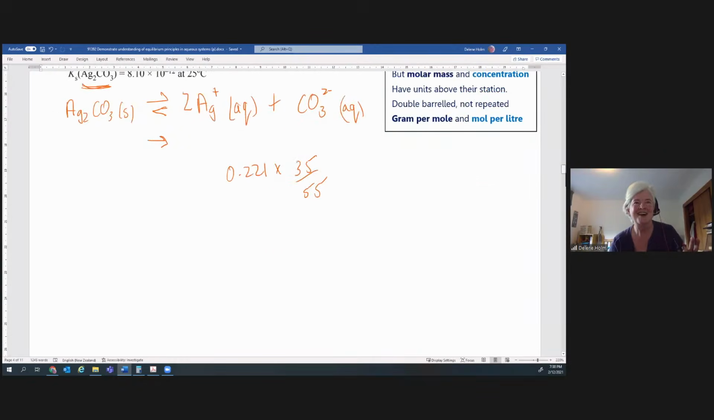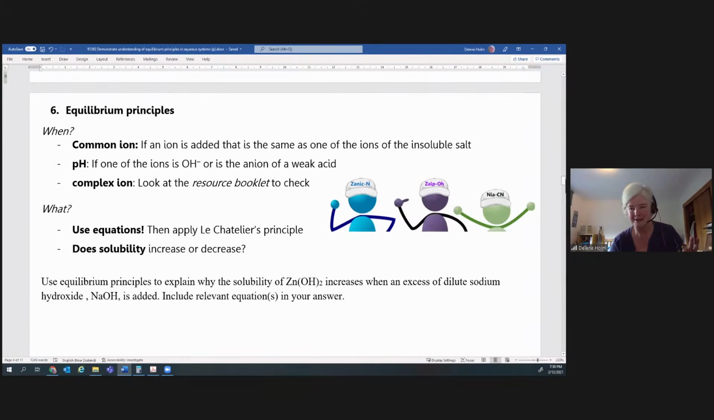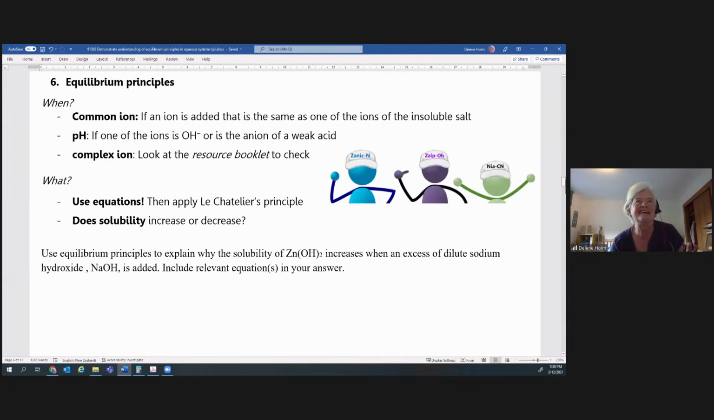Okay, right. So very quickly, I need 2 lessons on this. Okay, so this is what I said in terms of an excellence question. So, for instance, use equilibrium principles to explain why solubility of zinc hydroxide increases when an excess of dilute sodium hydroxide is added. This is a bit of a trick because it does 2 things. Remember what I said,